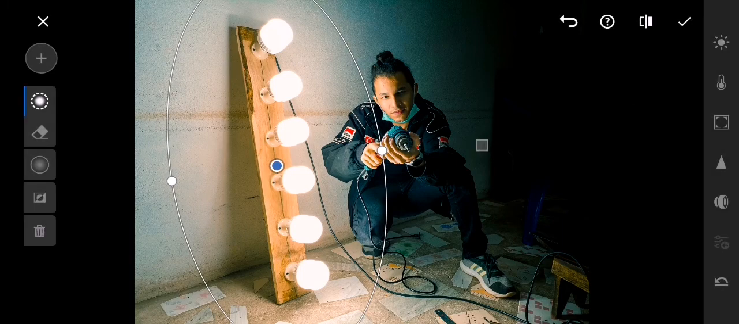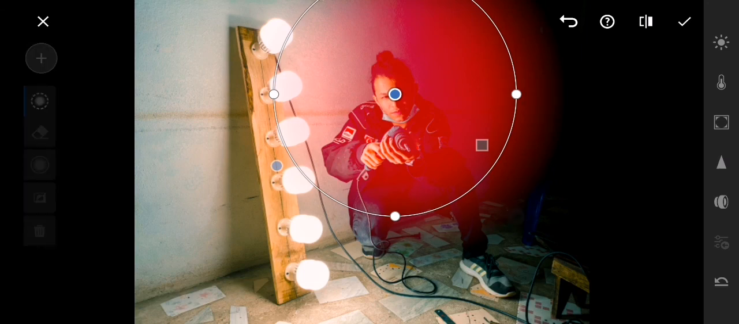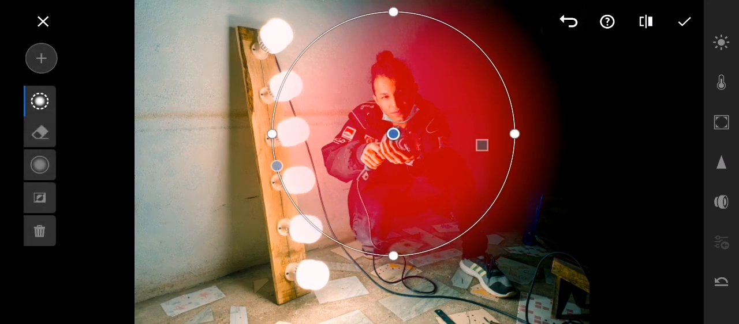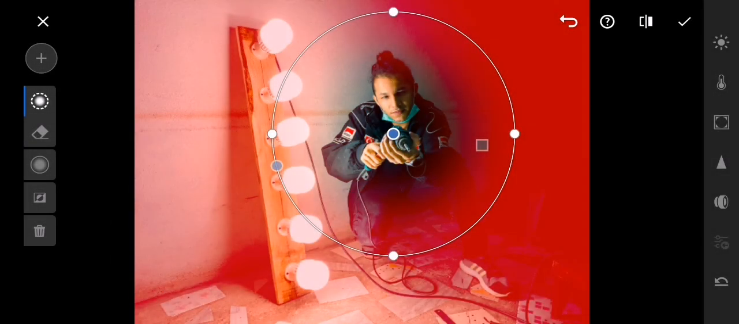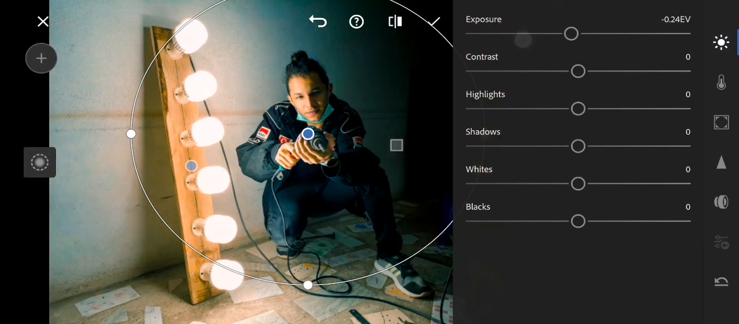And now we are going to darken certain parts of the image. So I'm going to make a radial mask around my face, and I'm going to invert it. To do it just for the outside, you just long press and invert it, and change the exposure down a little bit. So yep,